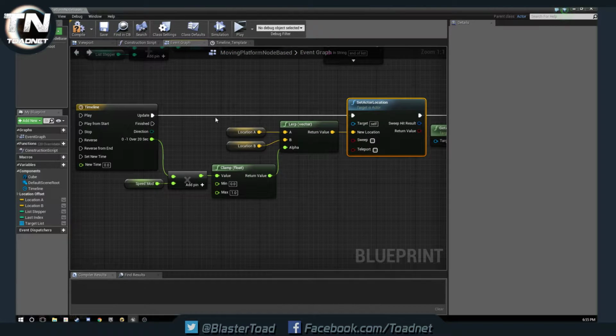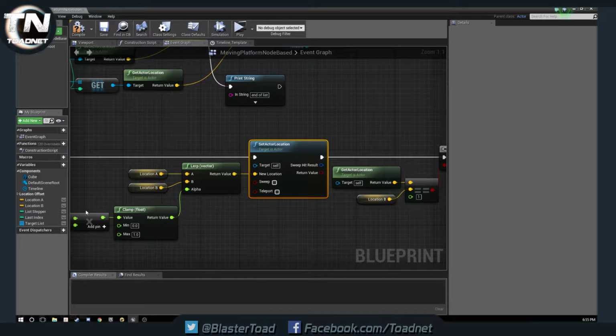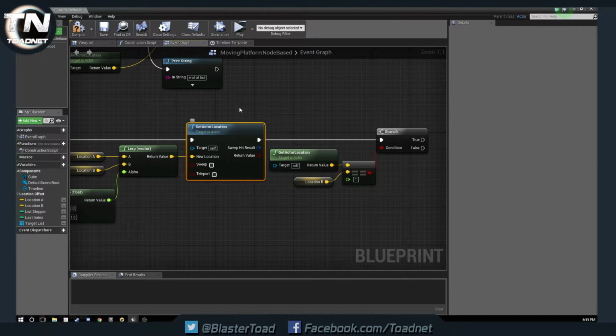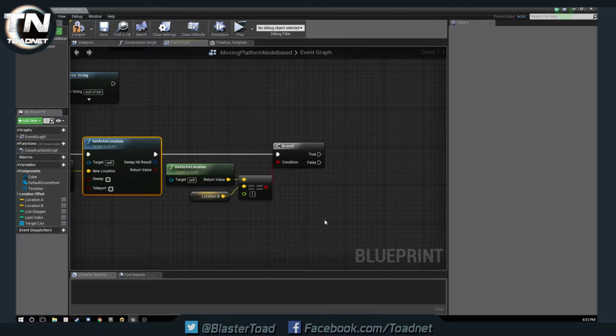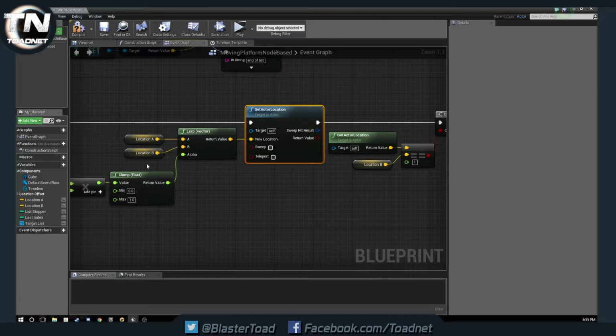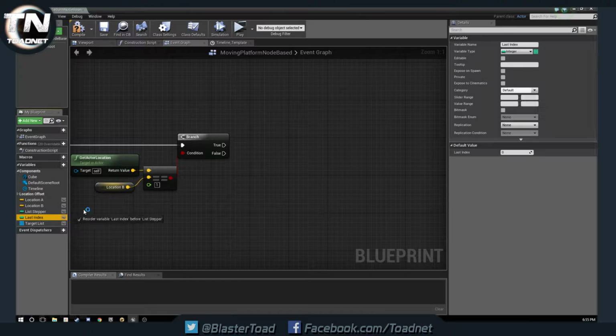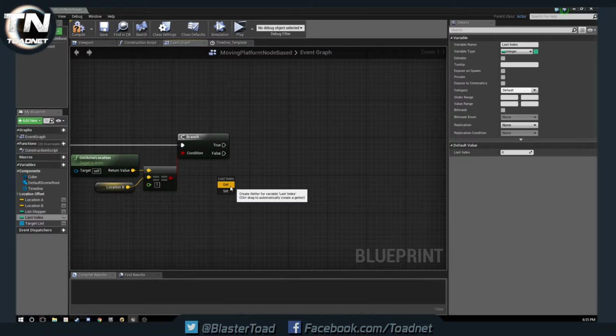So we are doing a timeline, so we're changing a value over time. We are making sure that value is between 0 and 1. We are moving something between our two locations and updating our location within. And then if our platform's location reaches the end,